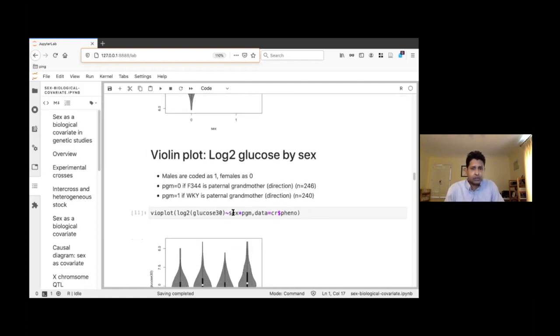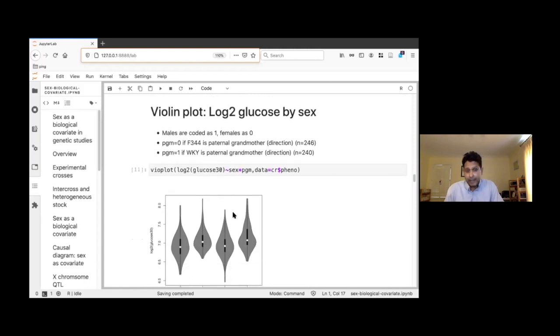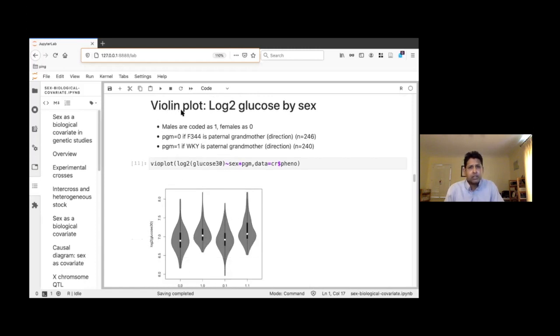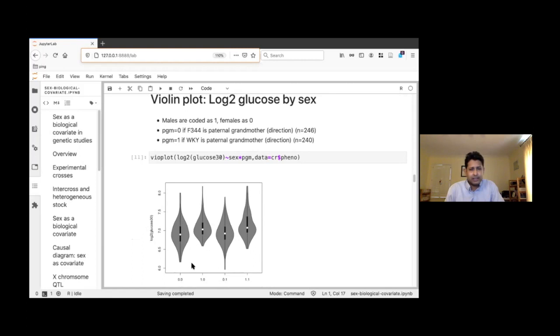You can also make a plot by glucose and paternal grandmother. Here, if the paternal grandmother was WKI, KY, it is coded as 1, otherwise it's 0. And you can see that in this case, the difference is mainly between the sexes, the first digit 0 and 1, and not so much in the